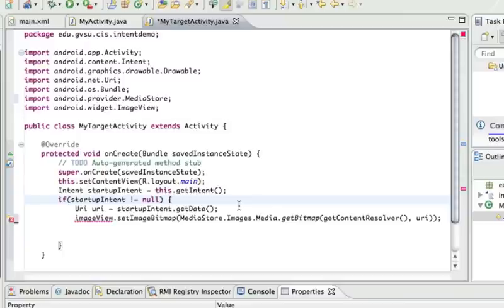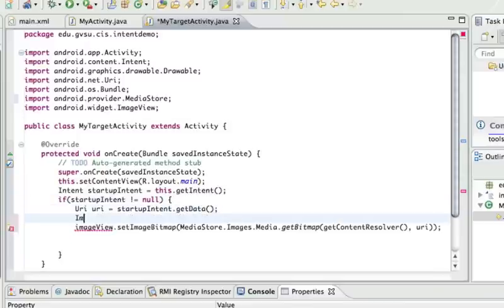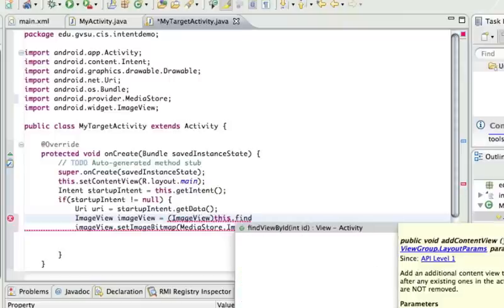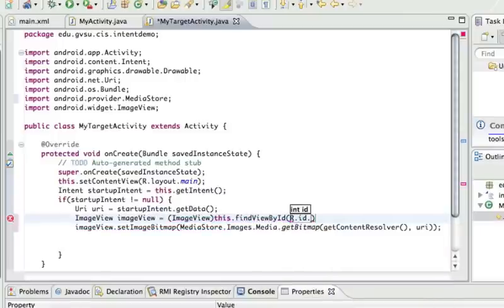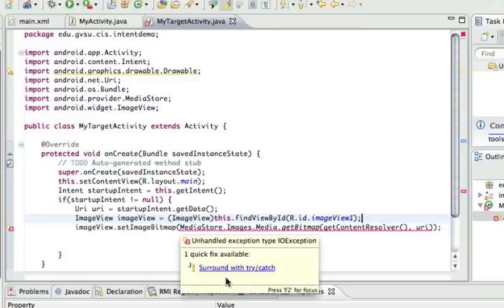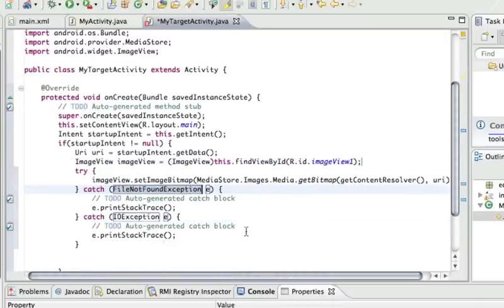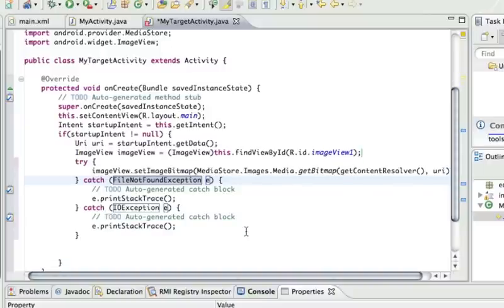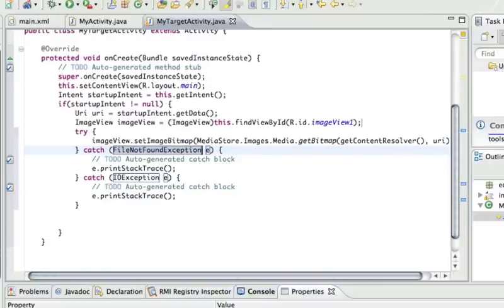Oh, I deleted one line I needed to keep. And this is probably going to want to be try-catched, and I'll just leave that generated one there. All right. So that's the code I need, given a file URI, how I can grab that file URI